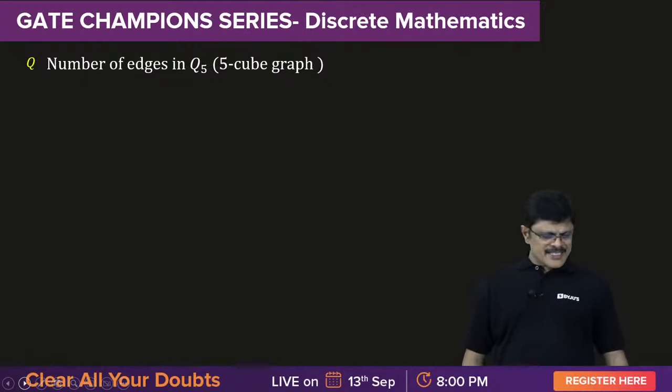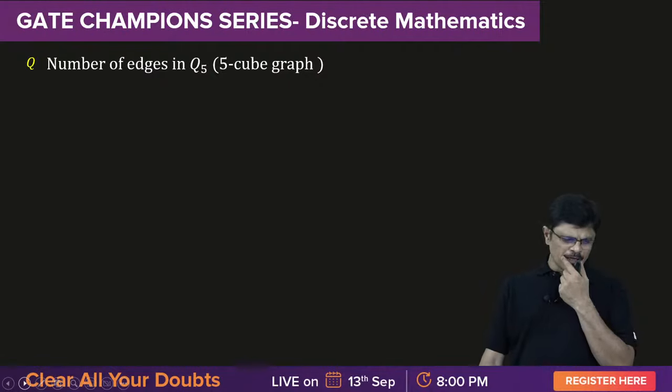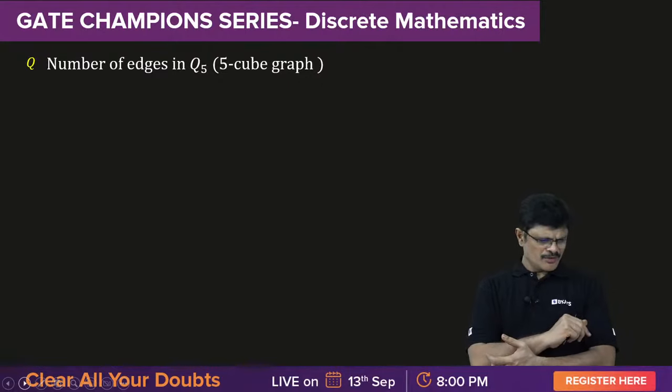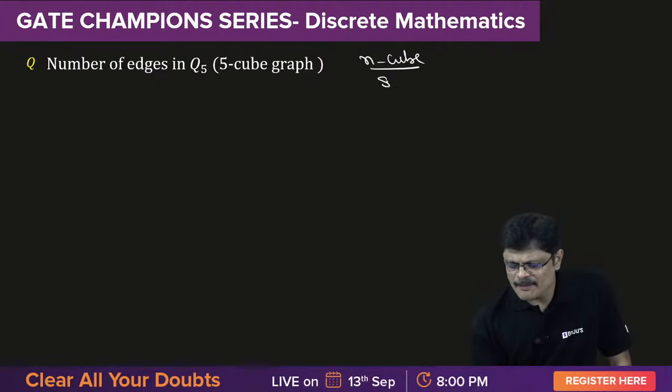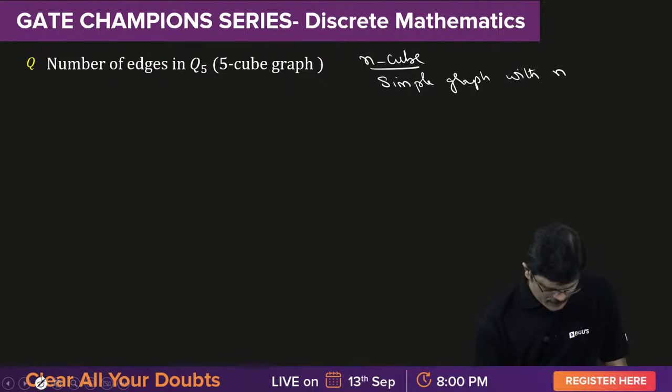The number of edges in Q5. Q5, you all know, the n cube, you all know it, no? See, this is the n cube, it is defined like this, sir. It is a simple graph with 2 power n vertices,